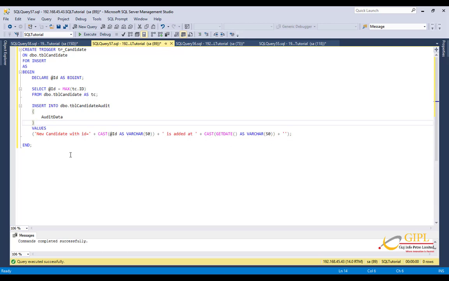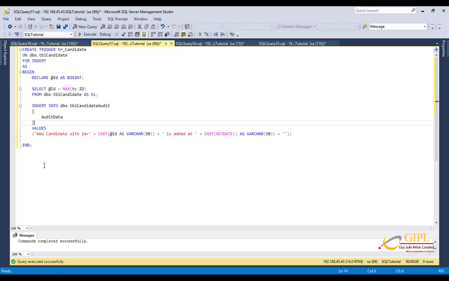So this is the static text, new candidate with ID, and to that, using a plus sign, we are concatenating the ID that we have retrieved from the inserted table. And since ID is an integer variable, we want to cast that to varchar if we have to concatenate that to this static text.